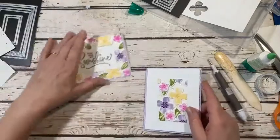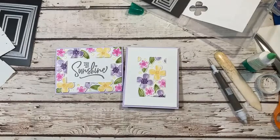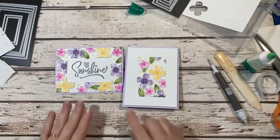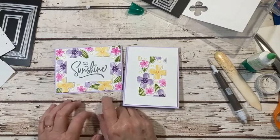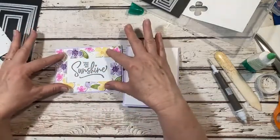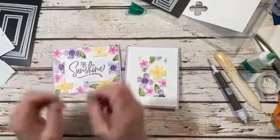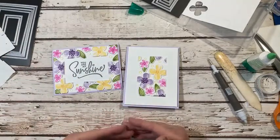So you guys don't do what I did though. Don't forget to trim it before you peel it off. And also, I would take it off of the cardstock. Lay your frame down first and use your washi tape or a Post-it note to hold it in place. Then carefully remove your cardstock and then run it through your...